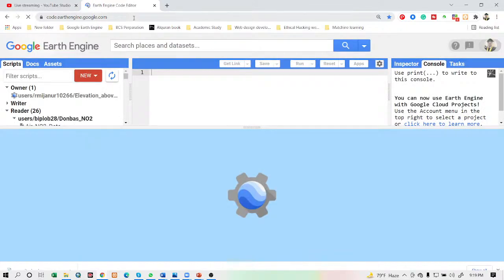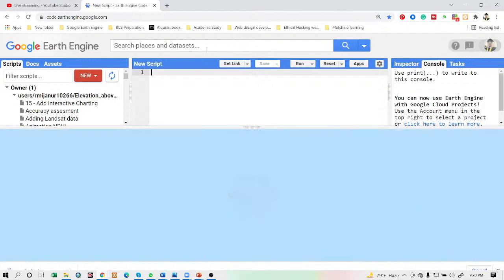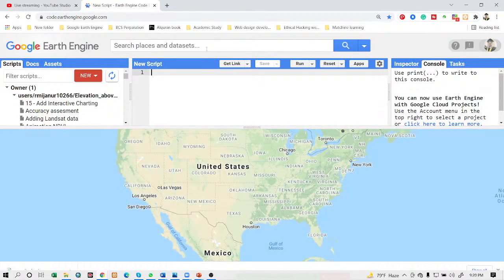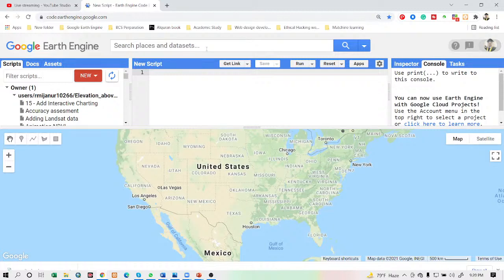This is our JavaScript API code editor, and I will discuss every function of it. When you complete your registration and go to code.earthengine.google.com, this website is a web-based IDE for the Earth Engine JavaScript API.